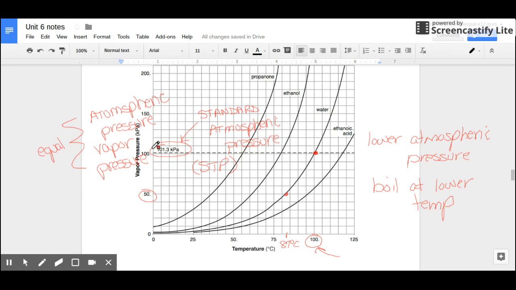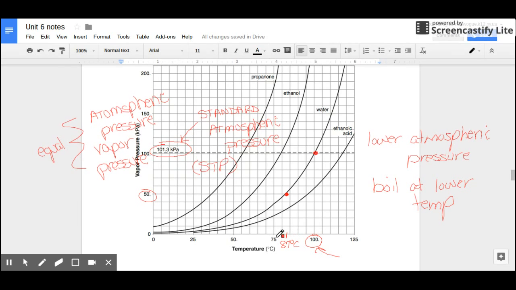Here's standard pressure, followed across, you get 100 degrees Celsius. If we lower the pressure, because when atmospheric pressure and vapor pressure are equal to each other we boil, if we lower it to about 50, now we only have to get the temperature to about 80